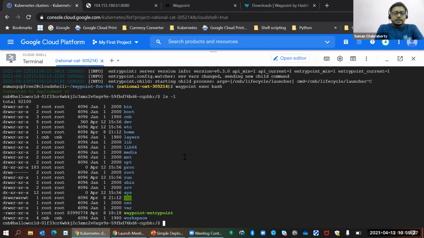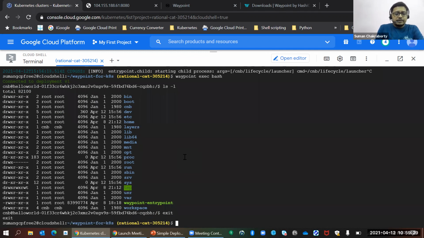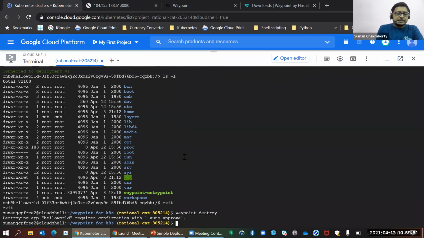And then, let's say we have worked with our application and we don't require it anymore. There's no need to go into Kubernetes and delete each of the applications and services. You can simply run waypoint destroy, and when you run this, it would ask you to run with an auto approve command.